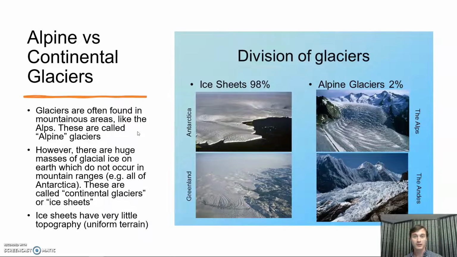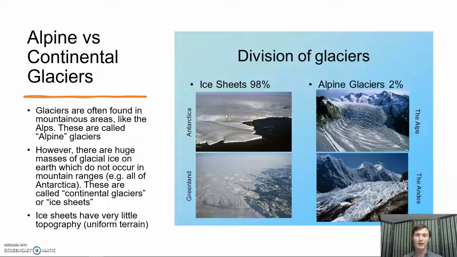So there are two main types of glaciers that we have to talk about right away. Some glaciers are found high up in the mountains, like in the Andes Mountains in South America or in the Alps in Europe. And these are named alpine glaciers after the Alps where they were first studied and documented. But there are other kinds of glaciers, like the ones you see in Greenland or Antarctica. And these can more properly be called ice sheets. And actually, almost all the ice in the world, about 98–99% of it, is going to be in these large